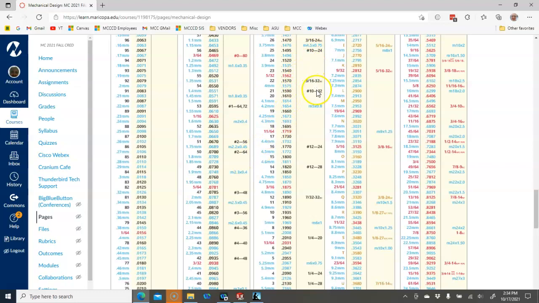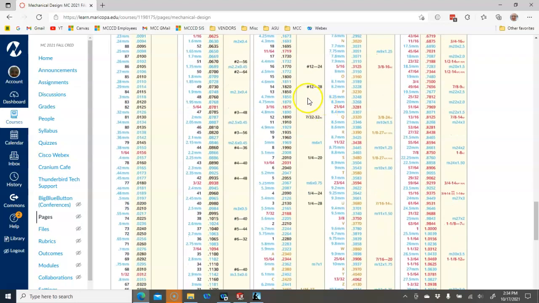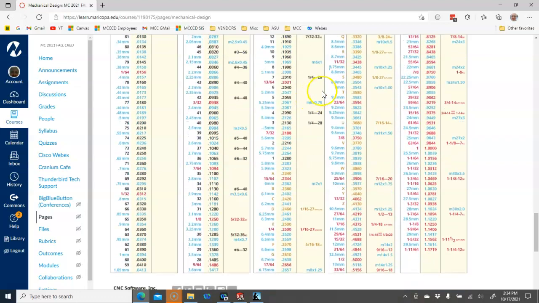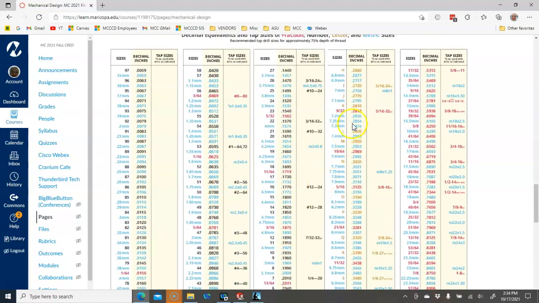10-24s, probably 10-32 is the preferred, and very few 12s. But if we cut 12s, usually I want to say they're 12-28s, and then quarter 20s all of the time. And then 5/16 18, M8 by 1.25, M8 by 1. So you're starting to see, I kind of jumped over those, but as we get to the bigger sizes, you're going to start to see it go from coarse to fine